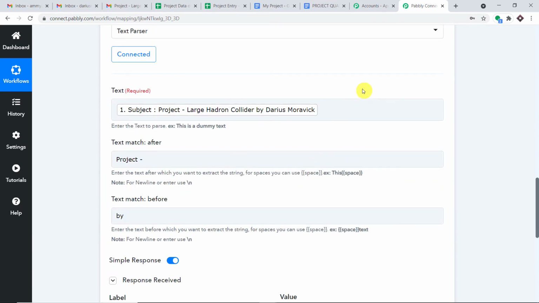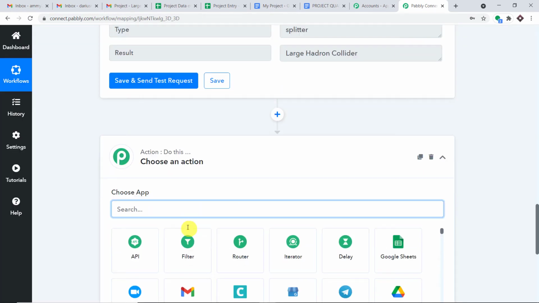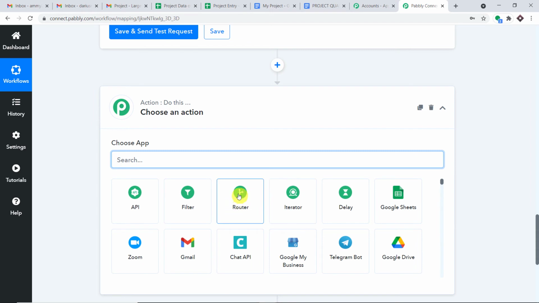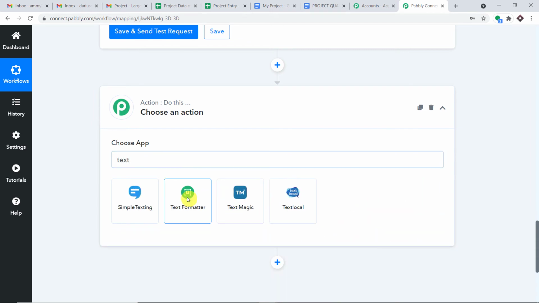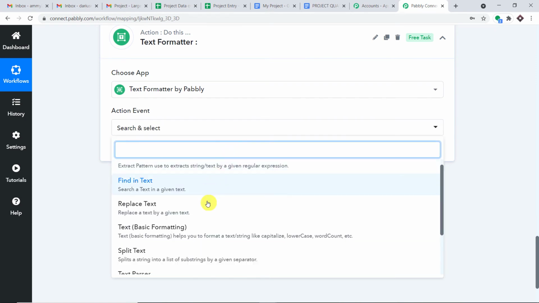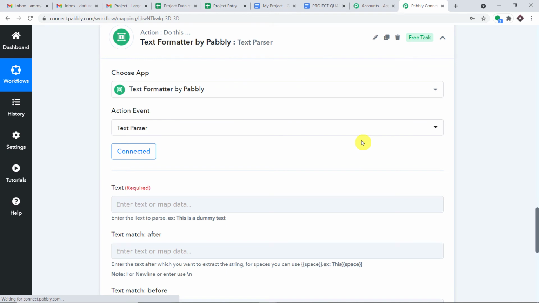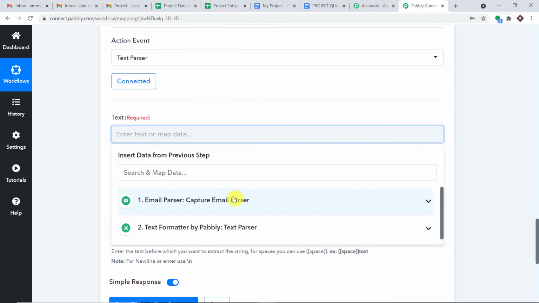Now what we're going to do here is, by the same method, we are going to isolate this particular name, that is Terrace Moravik. So that is why we are going to introduce one more window. Okay, so this is another action window. So we are again going to use Text Formatter by Pabbly. We click here, and in the action event, let me just scroll down, Text Parser, just click on connect, and this is basically the text.